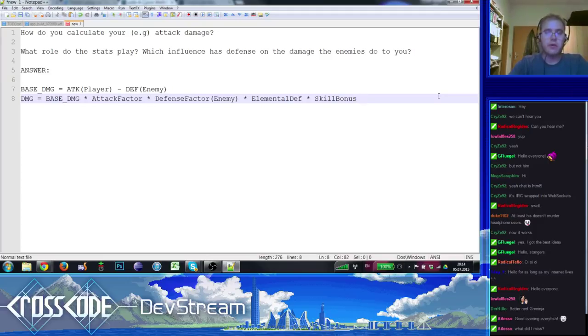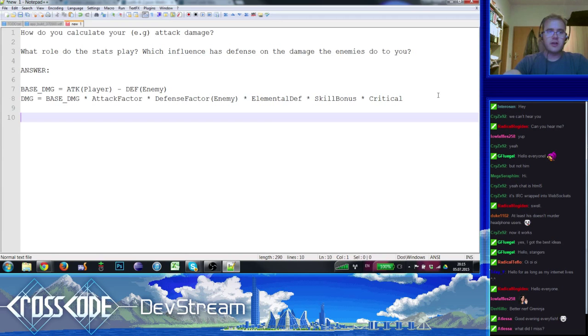There's also the critical bonus, which gets applied on top of this base damage and depends on the focus value. Depending on the focus, that's how we calculate the probability of a critical hit, which is a whole different formula. So that's how things used to be at the beginning.